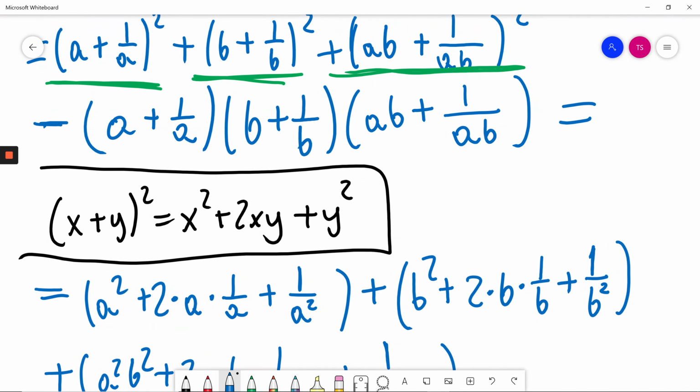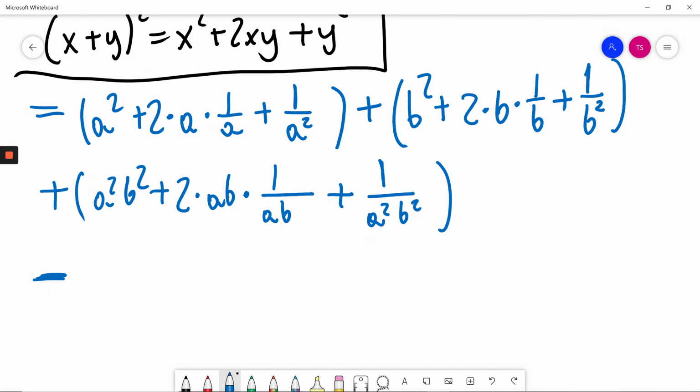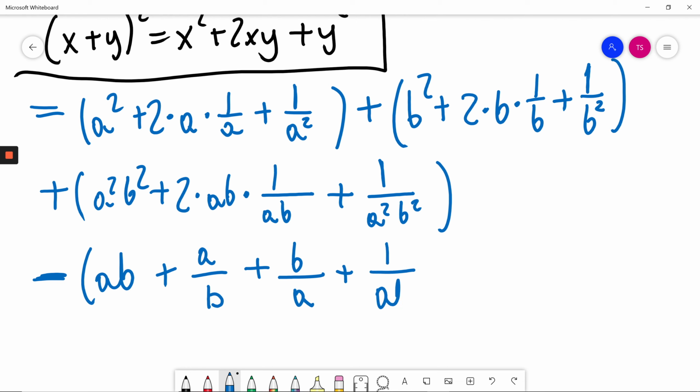at this moment I will just multiply those two brackets. First only those two brackets, I will multiply them out. So I will get minus ab plus a divided by b plus b divided by a plus 1 divided by a times b, times ab plus 1 divided by ab, equals